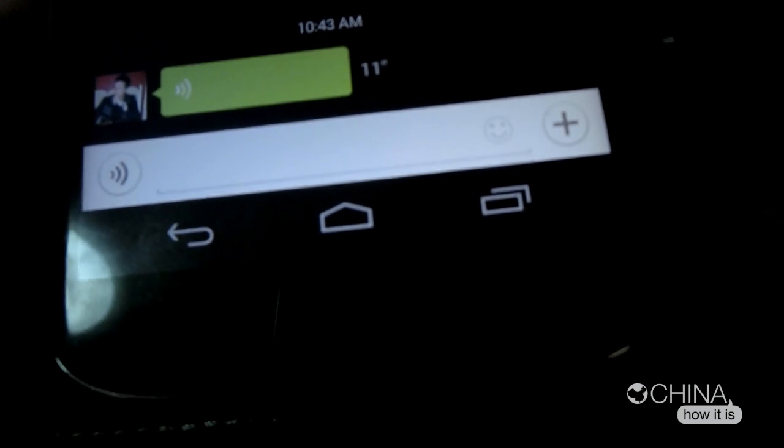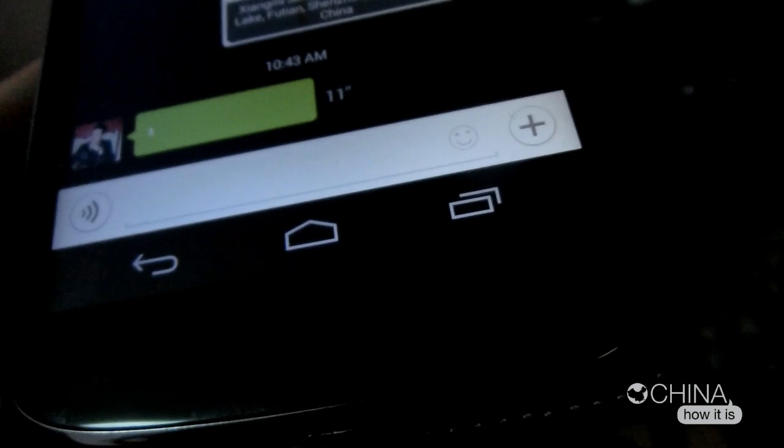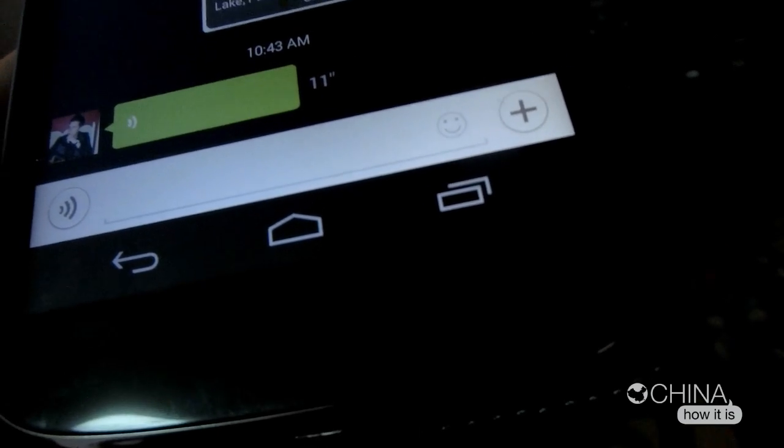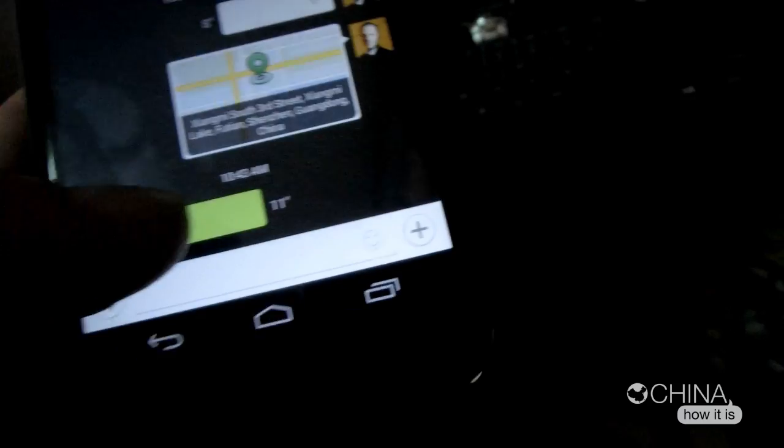Hey guys, it's Lao86 here. WeChat is pretty much the coolest tool that you can use in China, and actually I used it in America when I went back too, so give it a download, it's pretty awesome.